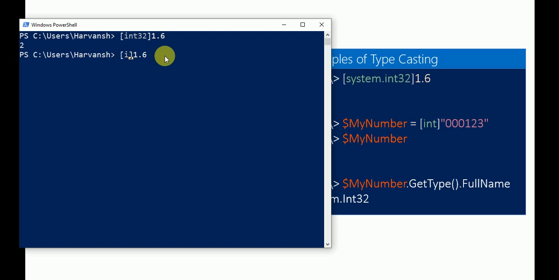Let me type here string, and see what value we get. The string will print the exact value you define here, and the int will provide the approximate value. If it is greater than .5, then it will add one to the number. If it is less than that, then it will print the exact number defined here.